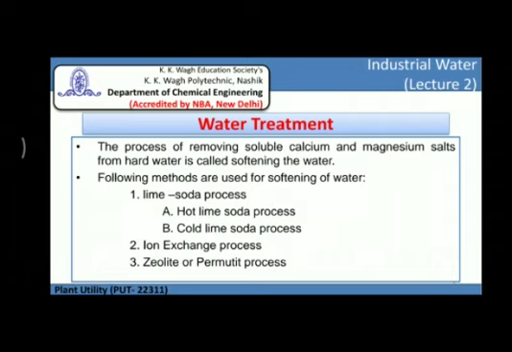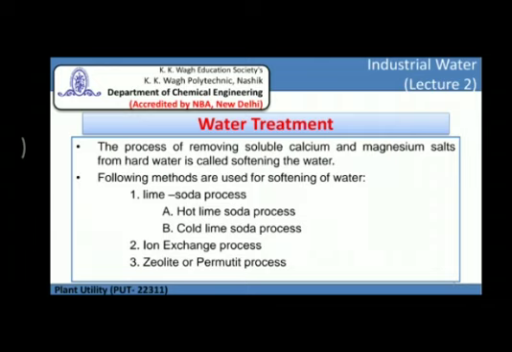We all know that hard water contains impurities like carbonates and bicarbonates of calcium and magnesium, also sulfates and nitrates of calcium and magnesium, and it may also contain other impurities. If we directly use this hard water for industrial processes, then it may corrode the system or form scales or sludges inside the reactor. To avoid this, we need to soften this water before sending it to the process.